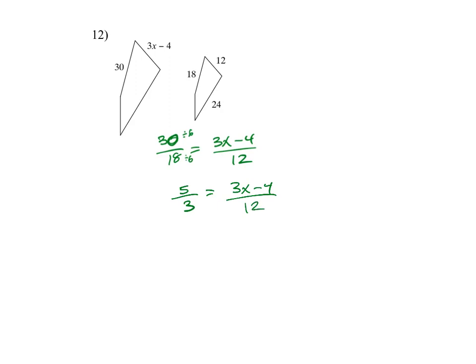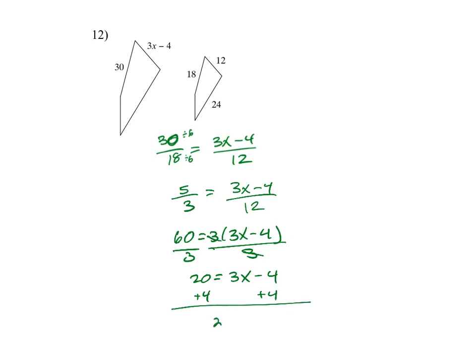Now we're going to cross multiply. So 12 times 5 is 60 equals 3 times 3x minus 4. So 60 equals, I can actually here divide by 3 on both sides. Cancel out the 3. 20 equals 3x minus 4. So plus 4 on both sides. 24 equals 3x, divided by 3. So x equals